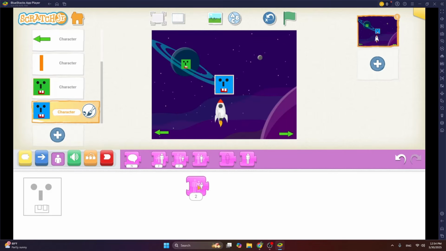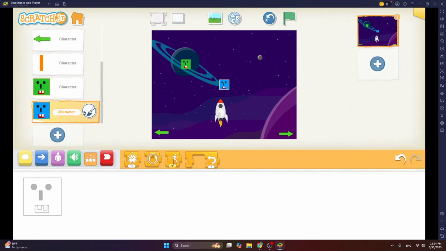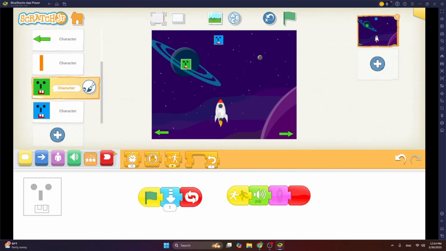So here it goes, 1 2 3. Get rid of it. We need to reduce its speed. Choose the lowest speed, then tap on it once, and now give it a good position, okay? And the code we can duplicate from the green alien, just drag it to the blue alien, drag the bump code to the blue alien too, and see, it hides with the pop sound, okay?